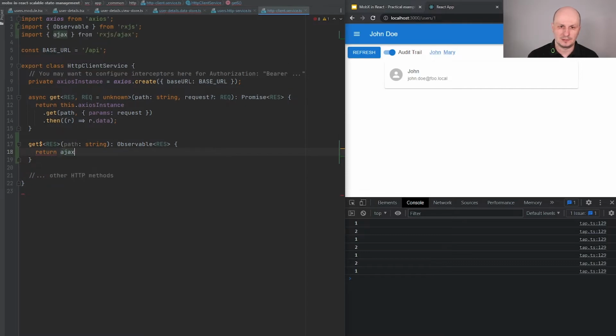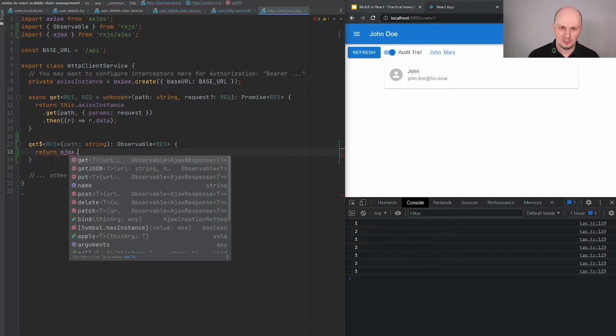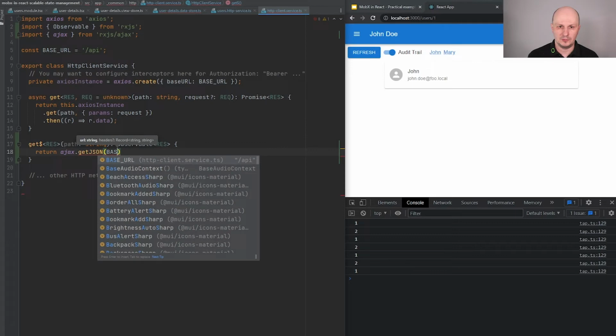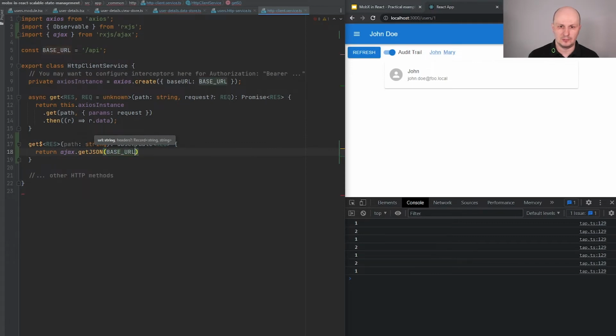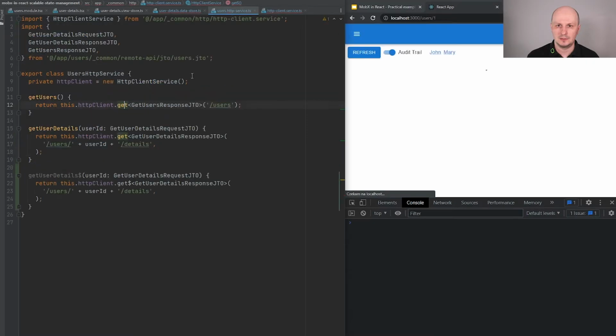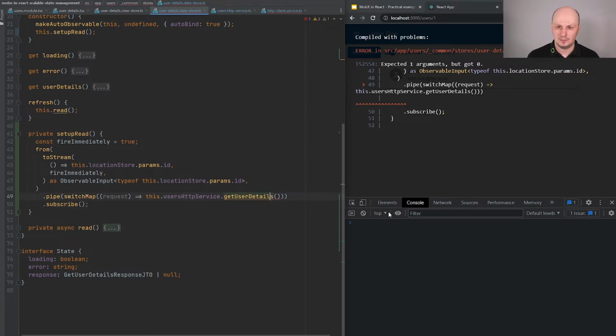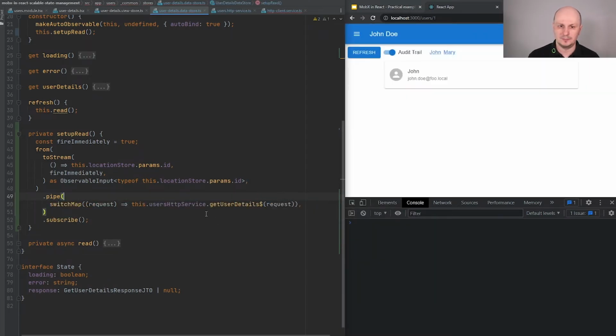We have the Ajax utility in RxJS, which has the getJSON function, and what we need to do is to construct our URL. All right, so we have the HTTP GET client, the users HTTP service retrieves that. All right, so we can use it here, and we need to use our request, which is the user ID.